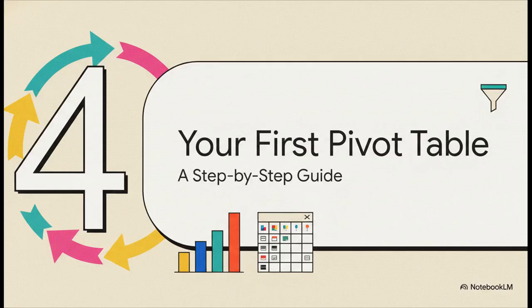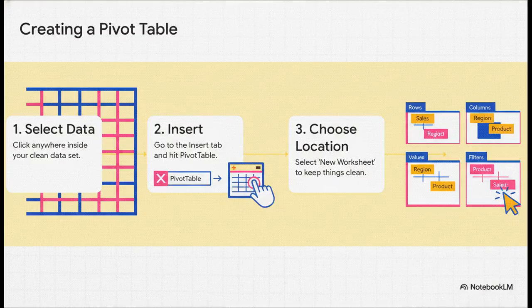All right, that's enough theory. Let's actually put this into practice and build our very first pivot table together. It's a super simple 4-step process that honestly takes less than a minute. The process itself is incredibly straightforward. First, just click anywhere inside your data range. Second, you go up to the Insert tab and click Pivot Table. Third, it's going to ask where to put it. Always choose New Worksheet. It just keeps things clean. And that's it. Now you have a blank canvas, and the real fun begins, dragging and dropping your fields into